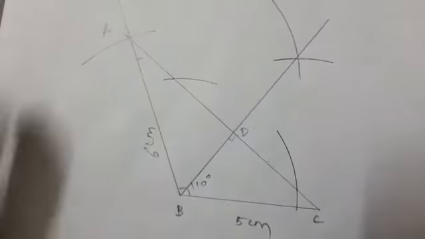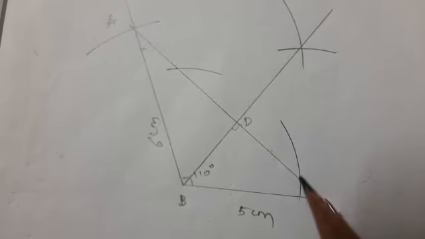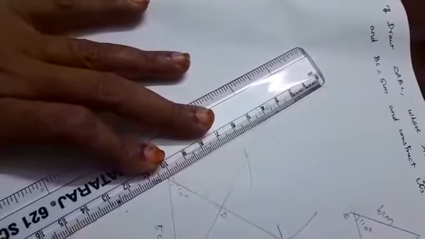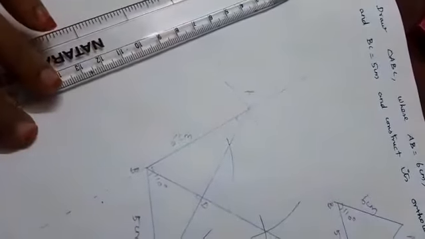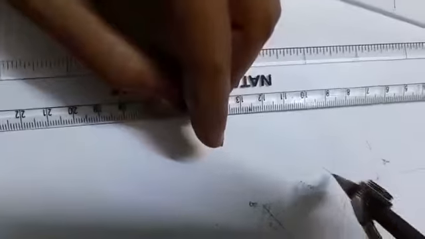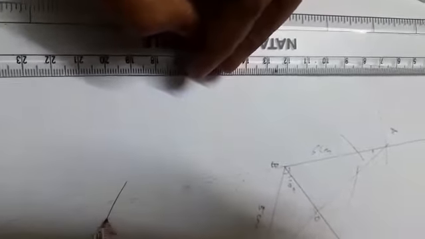Next I construct one more altitude. Okay. So for that, from C, I draw two arcs. So I will not get 2 points. So I just extend this line. Then only I get 2 points. Yes, I get 2 points. Then construct the perpendicular bisectors with these 2 points. Okay, so more than half I take.